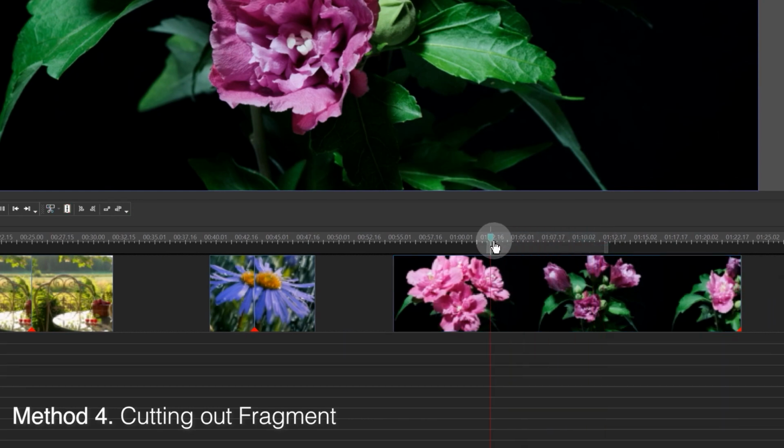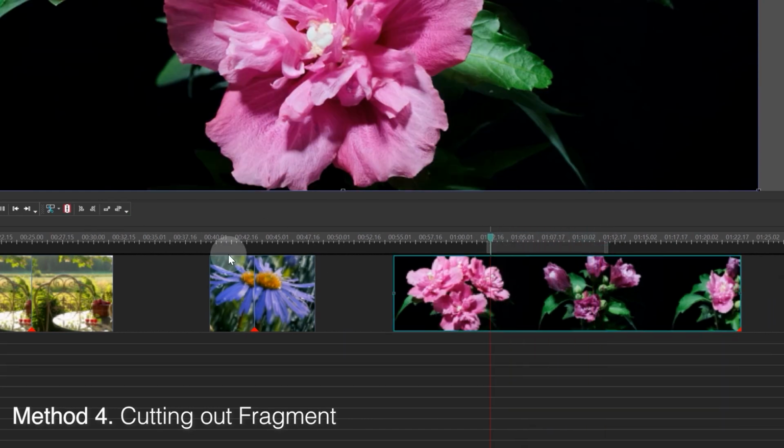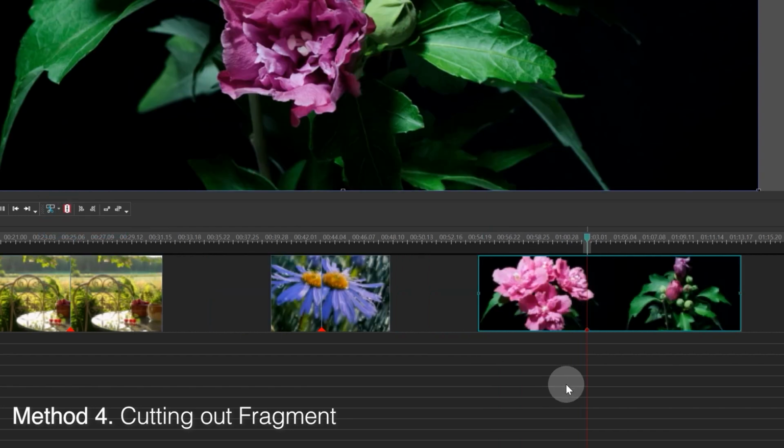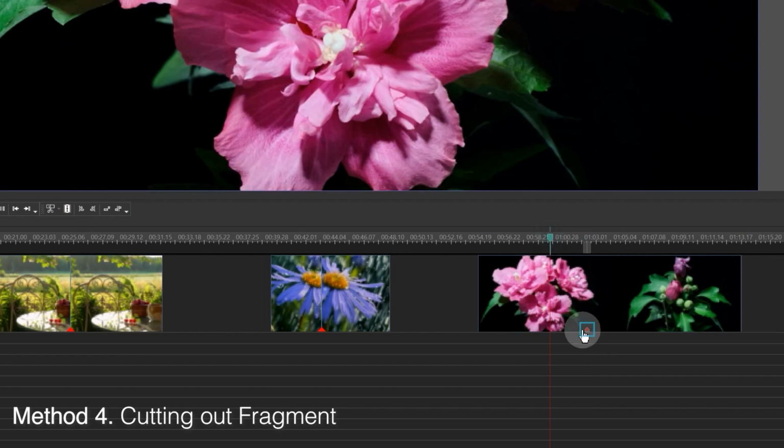And now about the second mode for the Cutout Fragment tool. Open the drop-down menu and select Cutout Content. The cutout part will be indicated by a dark red marker. It might seem like it does the same thing as before, but there's a twist. In this mode, the video isn't deleted, it's just hidden. So there are no actual cuts happening.